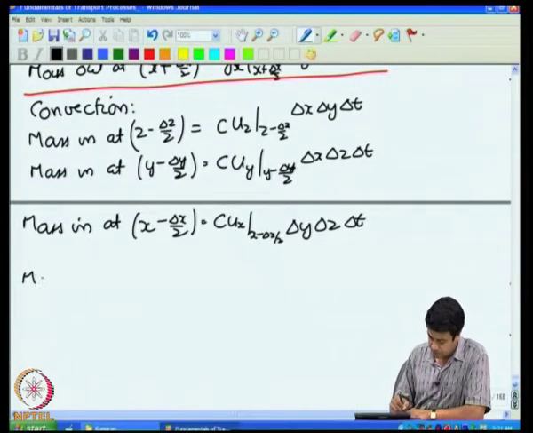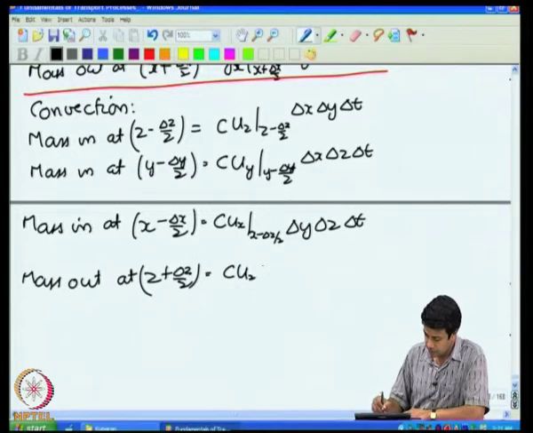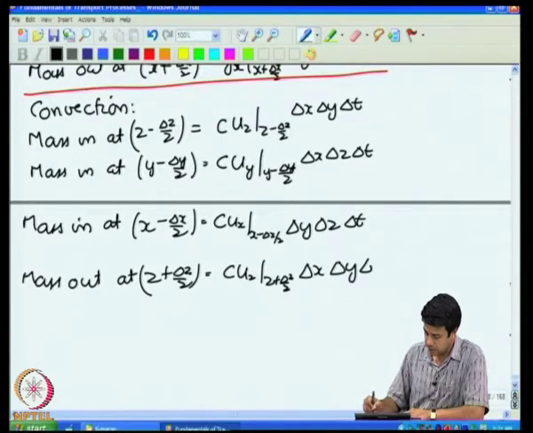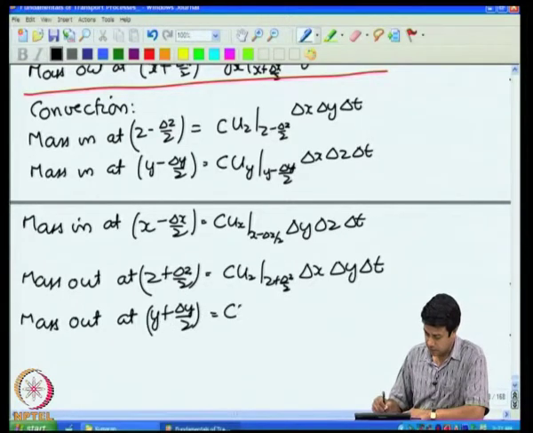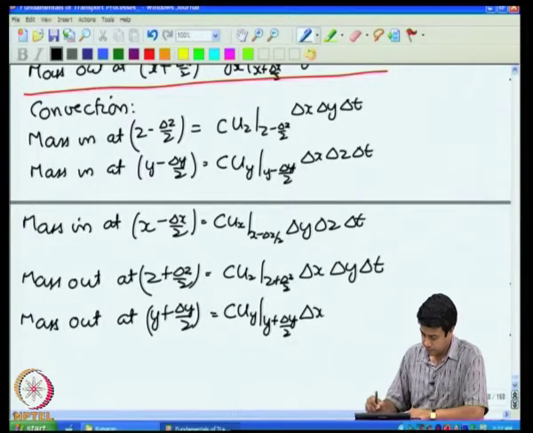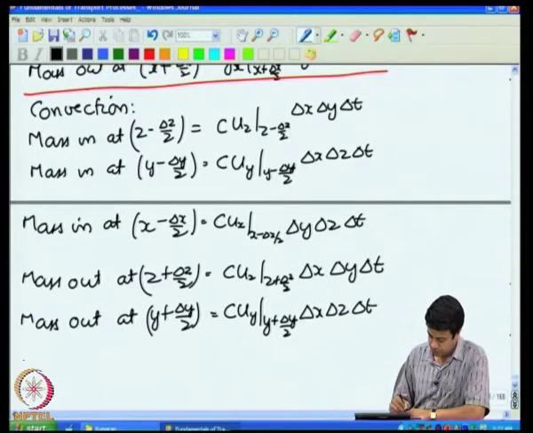Okay. Mass out at z plus delta z by 2 is equal to c u z at z plus delta z by 2, delta x, delta y, delta t, then mass out at y plus delta y by 2 is equal to c u y. At x plus